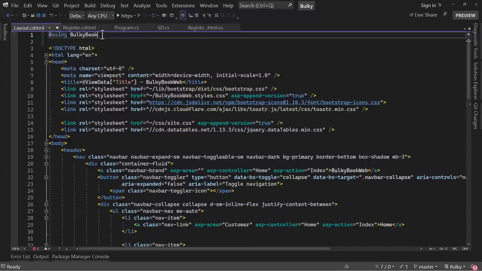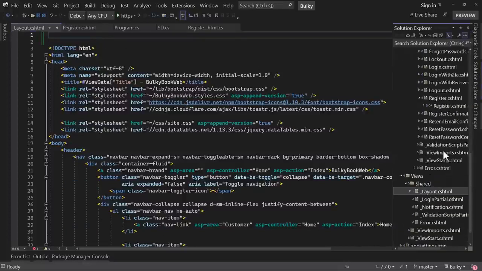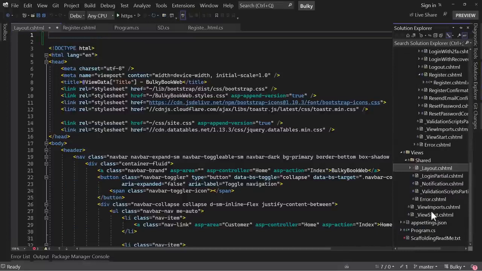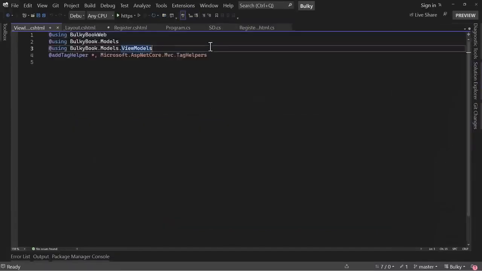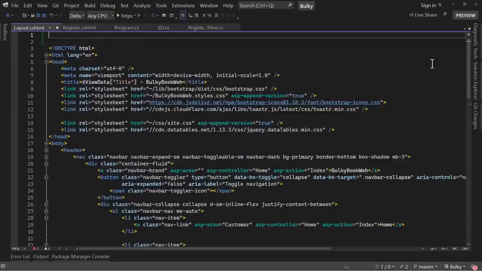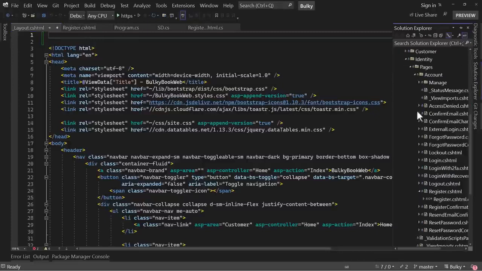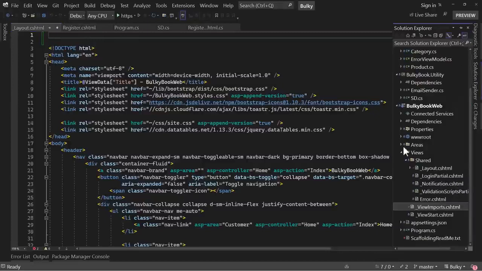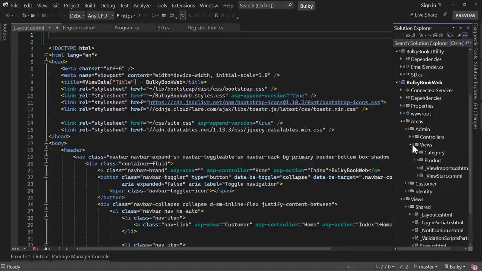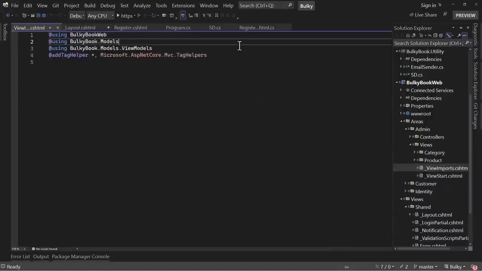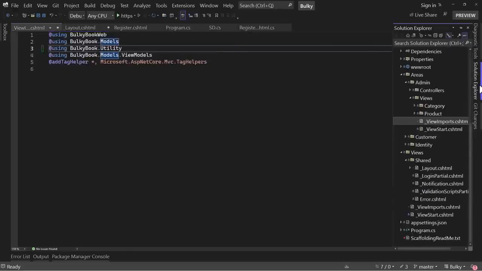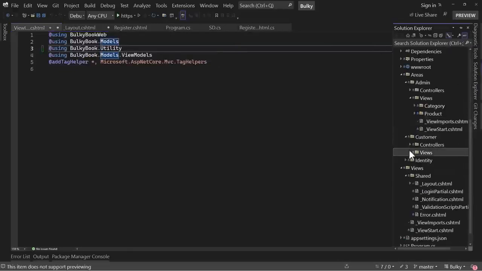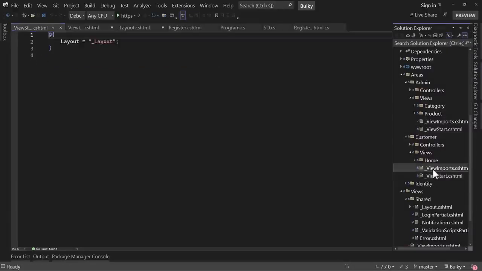We will say bulky book dot utility, and if we do not want to add it here, we can add that inside the view imports right here. And let me also add that in the other views that we have. So in areas, actually, admin, views, view import, paste that, customer, views, view import,